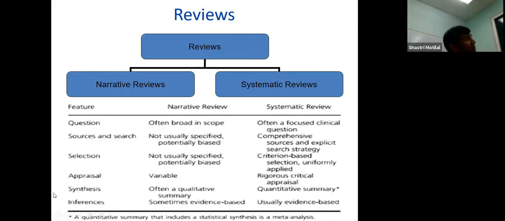When you do a narrative review, sometimes you don't go through an appraisal. What we just went through was appraisals of trials; you appraised randomized controlled trials. When people do narrative reviews, they often don't go through this process that you all went through. Whereas when you do a systematic review, you have to appraise the studies. You have to go through all the studies, just like how the three groups went through the studies just now.